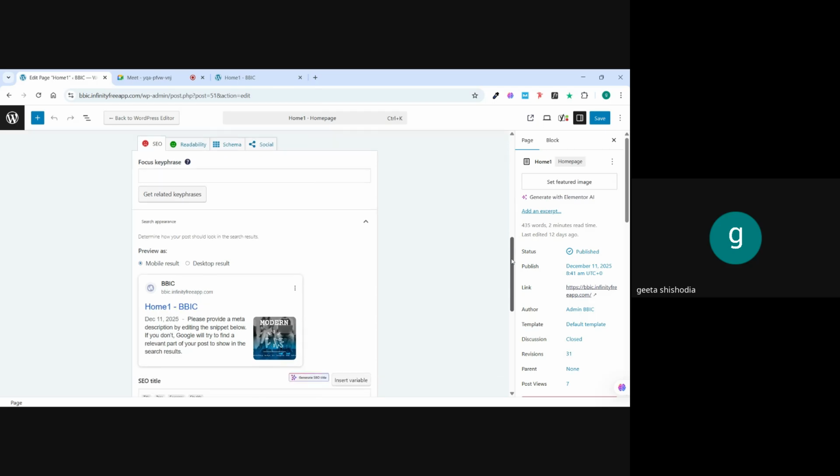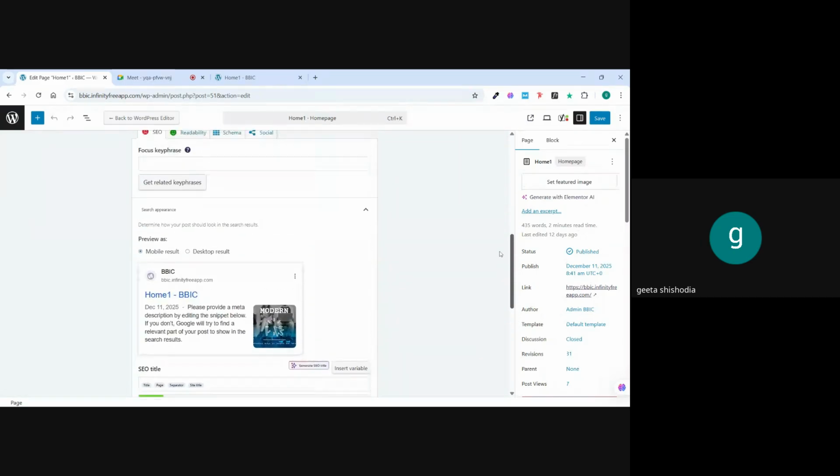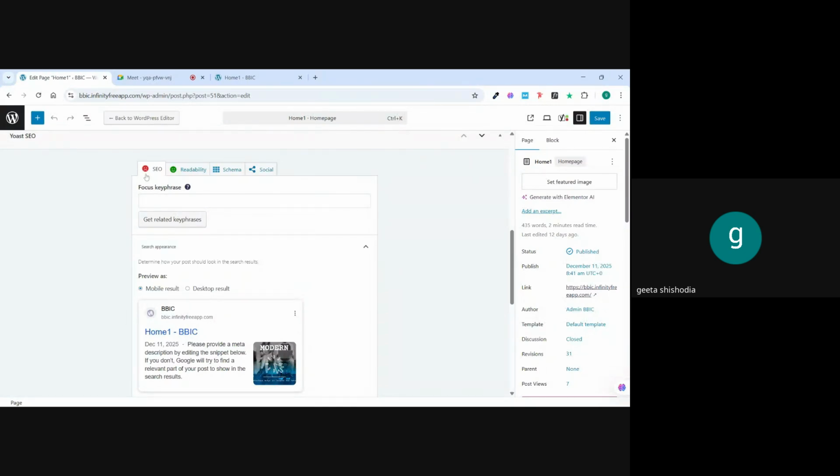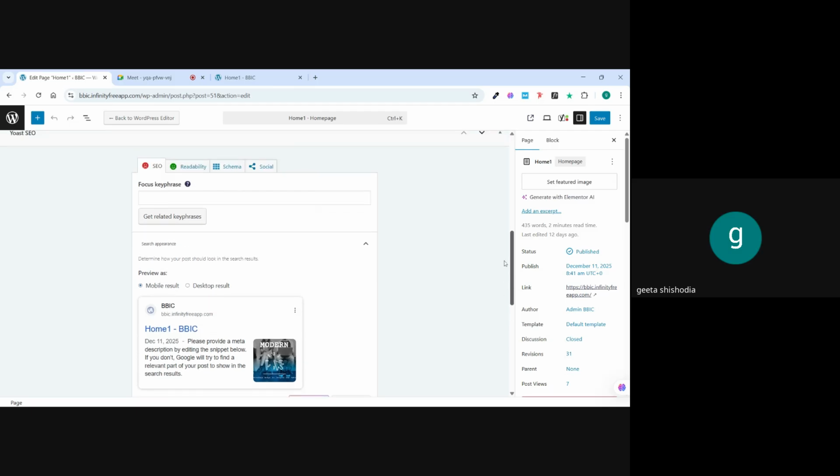We have to make the page optimized so that Google can optimize the page, and they can show our page on the first page of Google to the people looking for BBIC, or whoever is looking for a sports blog or any other political blog. Then Google will show up our website. Okay,